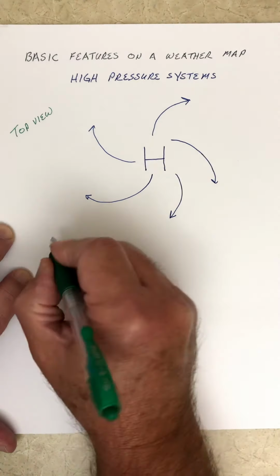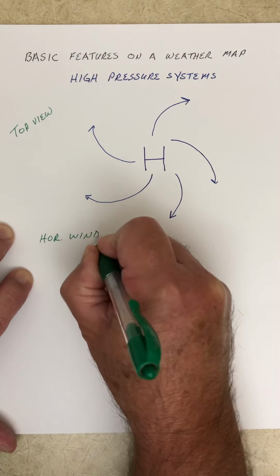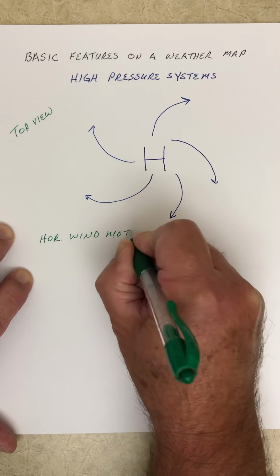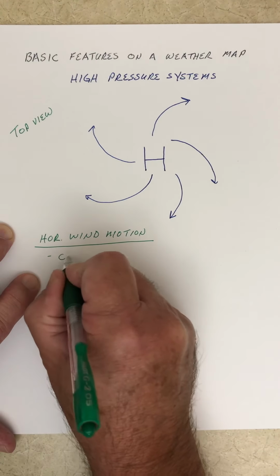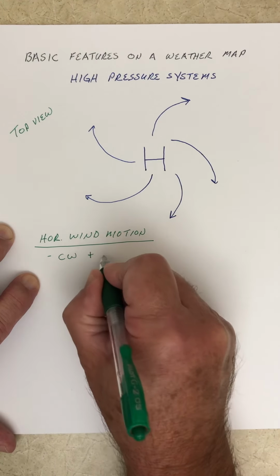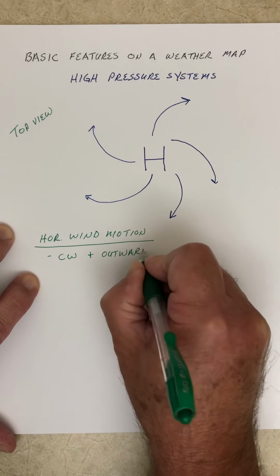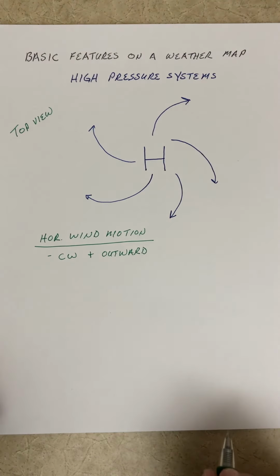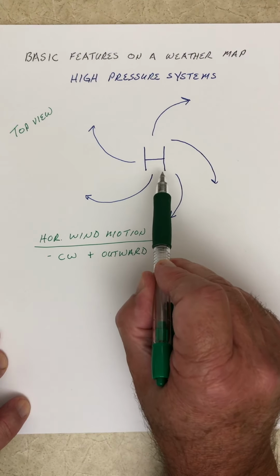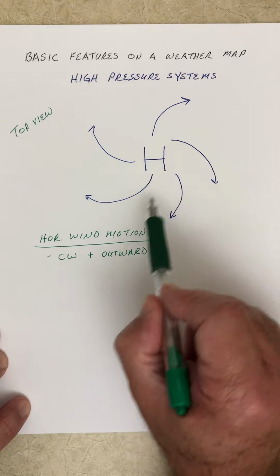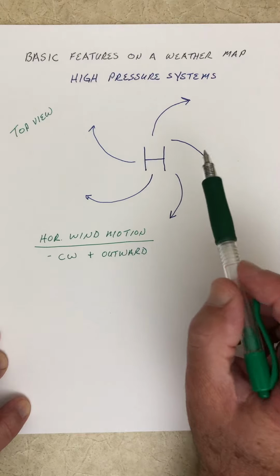All right, so our horizontal wind motion is going to be CW, clockwise and outward. So if you look at a weather map and you see a high pressure on there, the winds right underneath the high pressure will probably be calm. And then as you go outward away from the high pressure, you'll notice that the wind motion will be